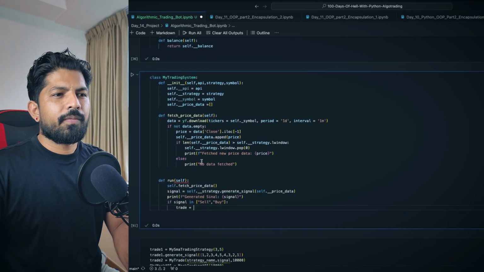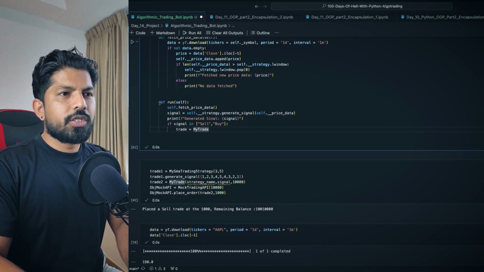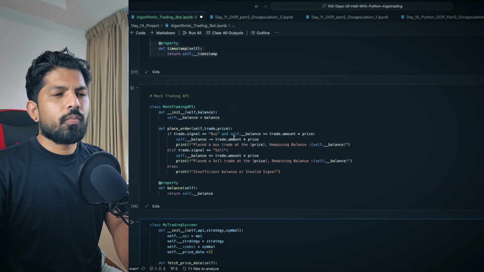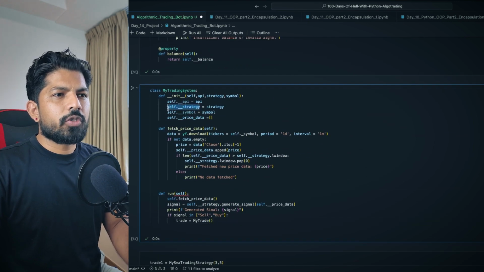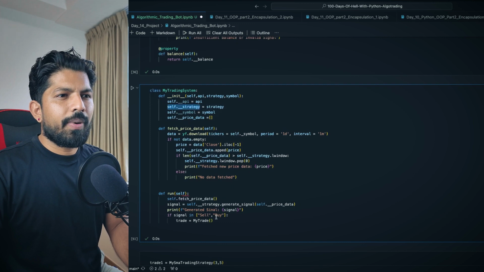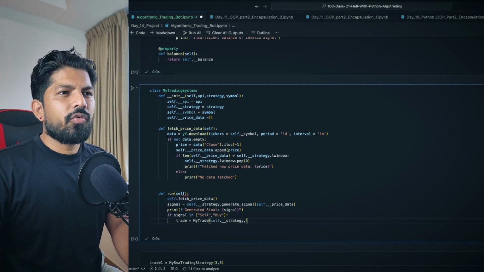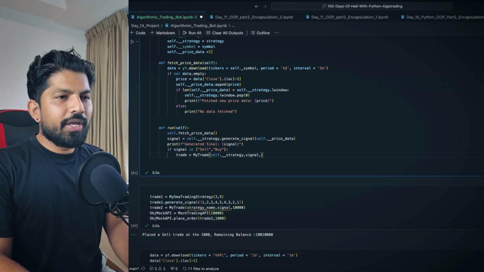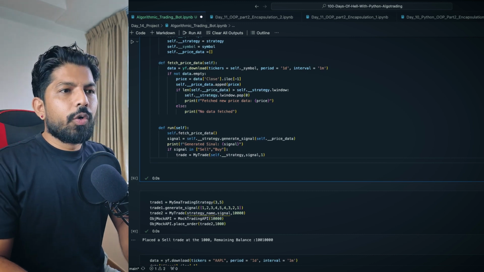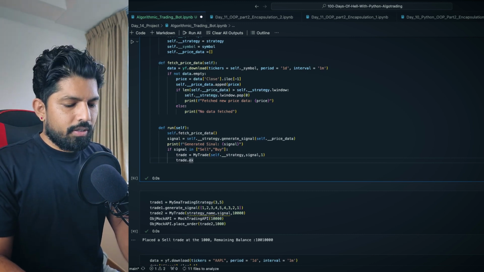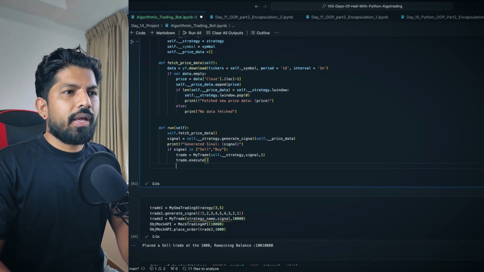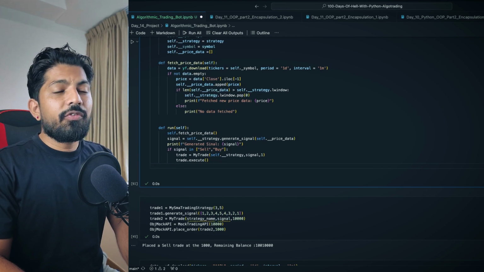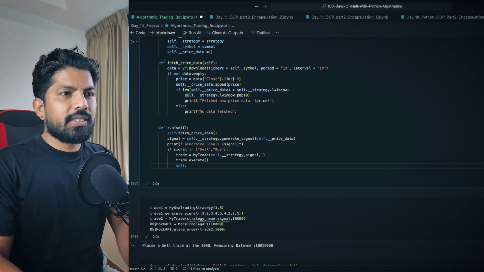So my trade, we write here. Then we pass the arguments. You can check what the arguments are here: strategy name, signal and amount. So this is the strategy name, self.strategy. So we'll pass here, and then we have the signal. So for signal we'll write, and amount for now we can give 1, right? Then we will execute the method execute, and we also call the method self API.